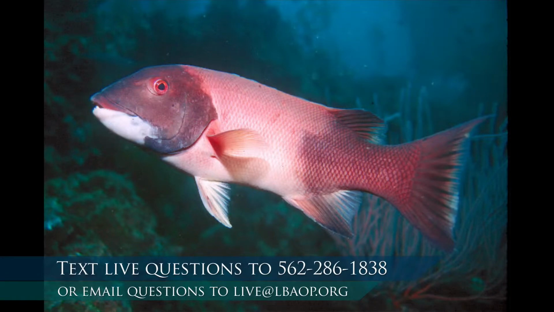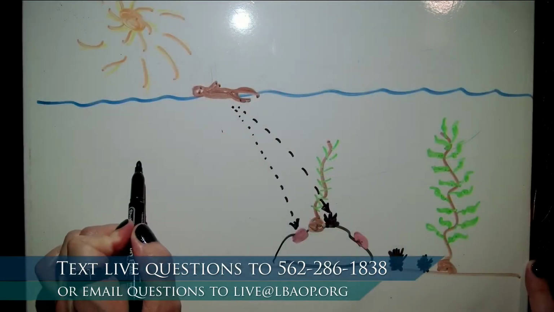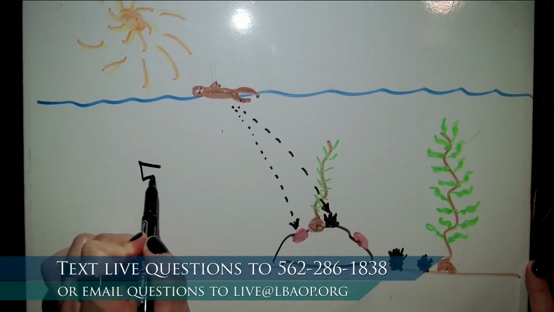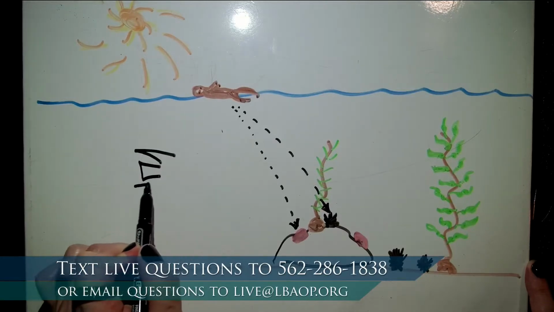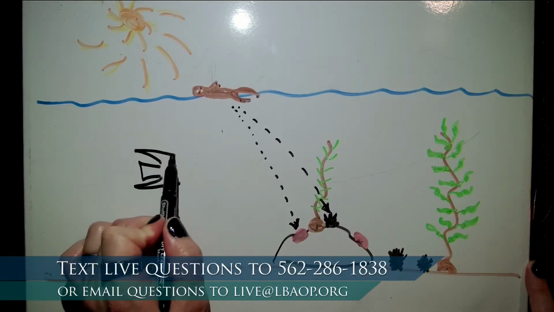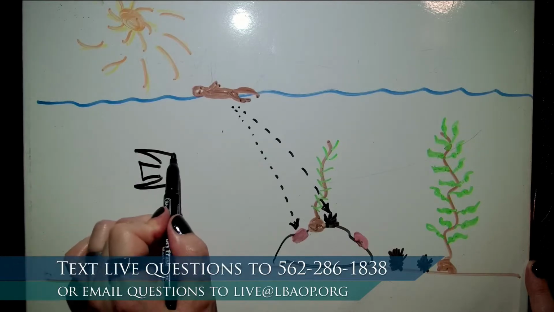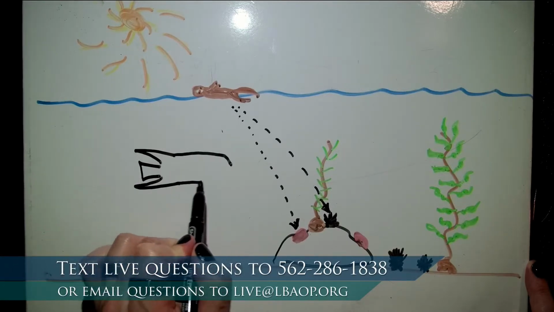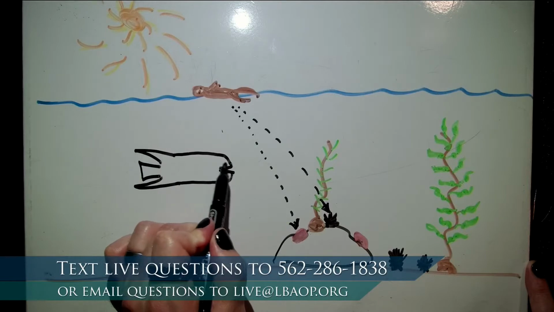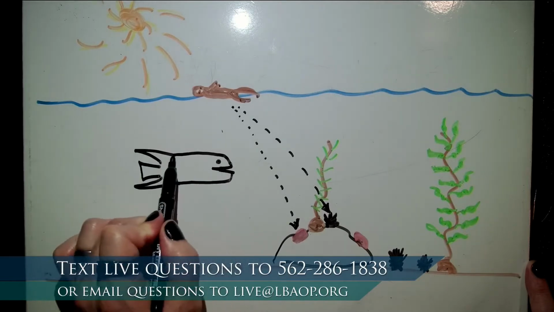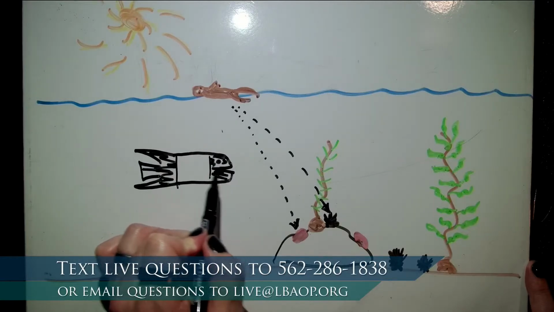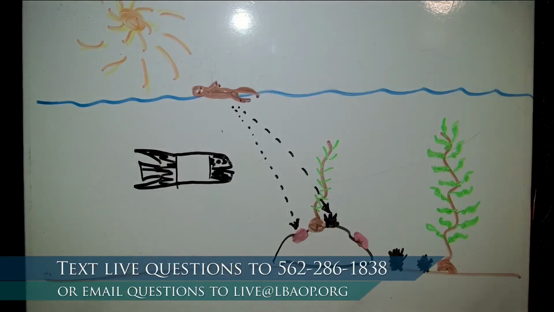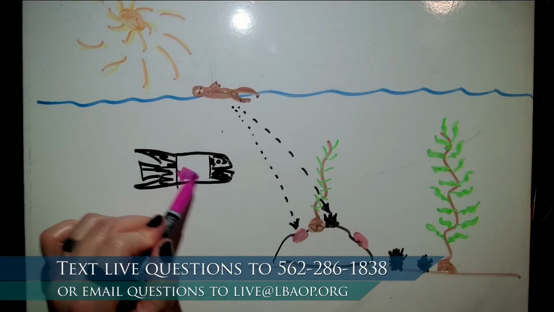Let's see if I can draw a wrasse. I'm going to start with the tail because they have a big triangle tail. And then they have these kind of like fun little streamers. I don't know what you call them. Then they have their big bumpy head, big lower jaw, big eyeball, and remember their front half and back half are dark colored, and their middle section is pink. Whee!